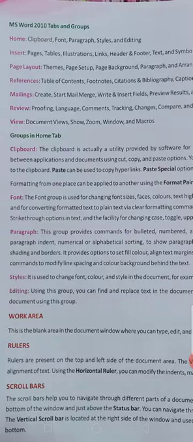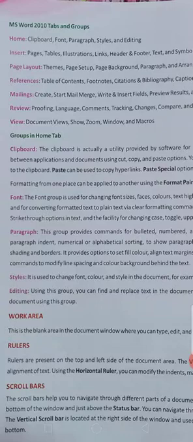Clipboard: when we copy or cut anything, it will save the data on the clipboard. If you want to paste it, you can use it. Font: if you want to edit or format any font style, we will work through the font group. Paragraph: bulleted numbers, paragraph indentation, paragraph spacing, we will discuss in this group. Styles: if you want to give a style to our document, work from the styles group. Editing: through this we can edit our text and our document.